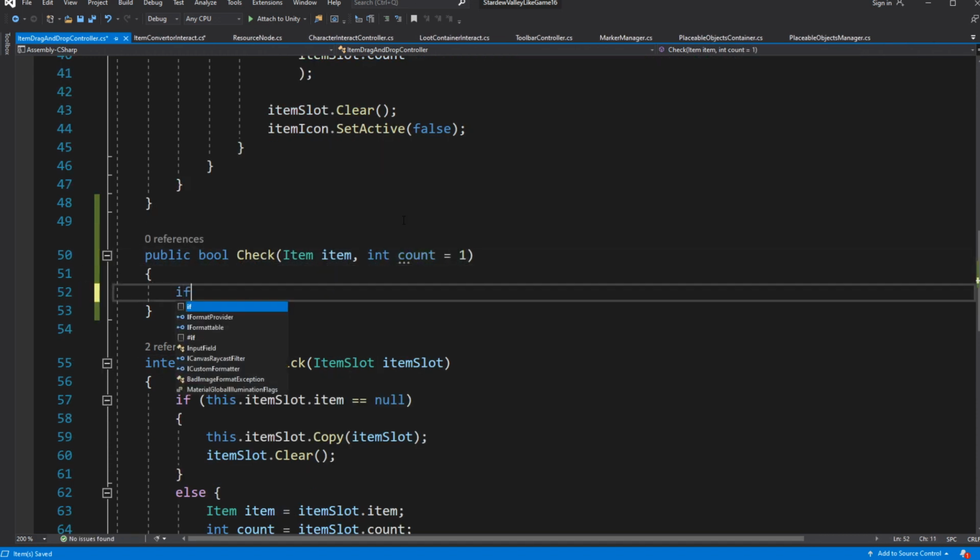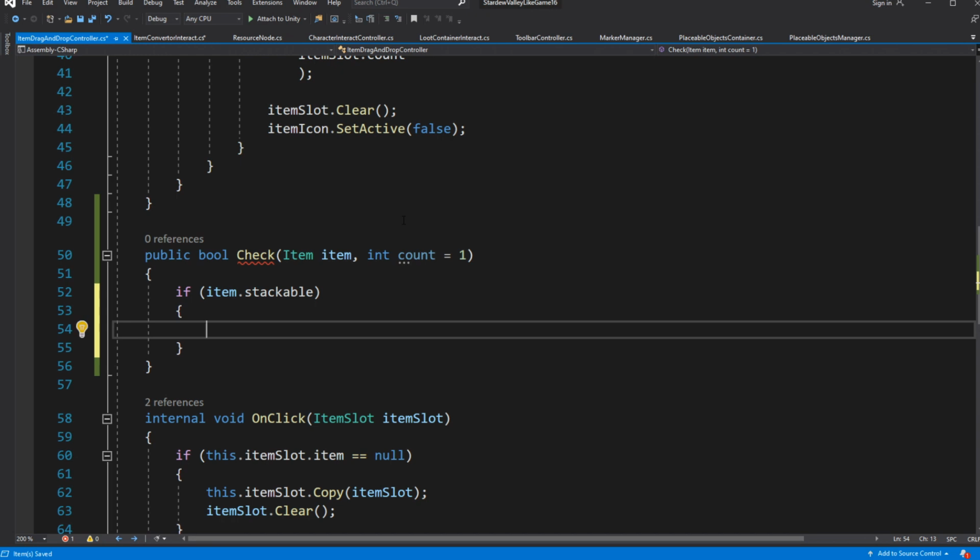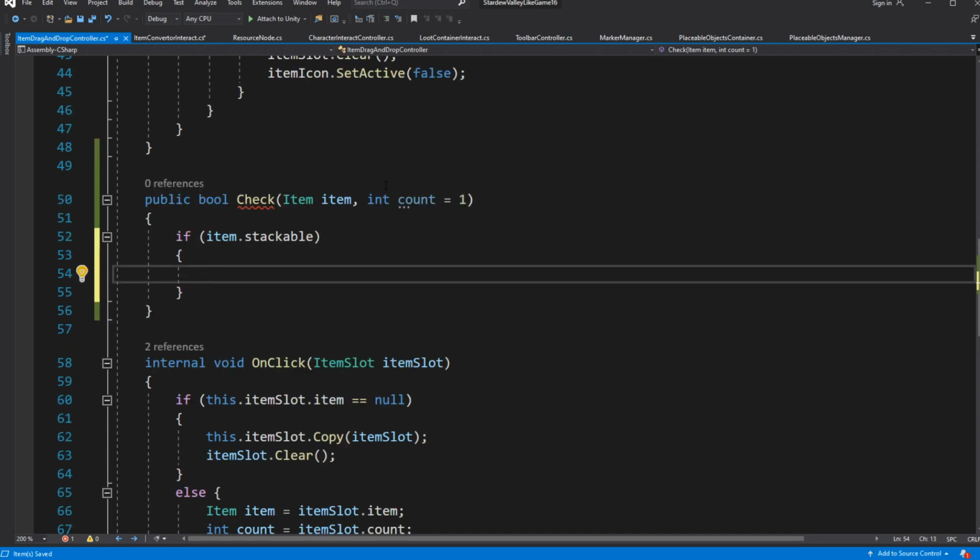Inside we want to check whether the item which we are currently dragging and dropping meets the parameters we have passed. If the item is stackable, then we need to check for item type and for item count.